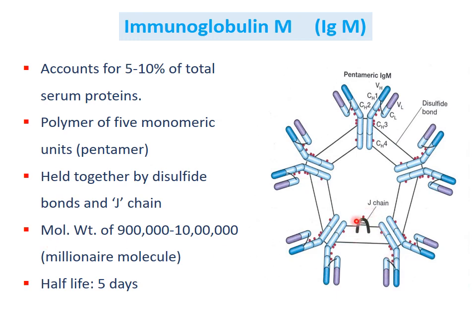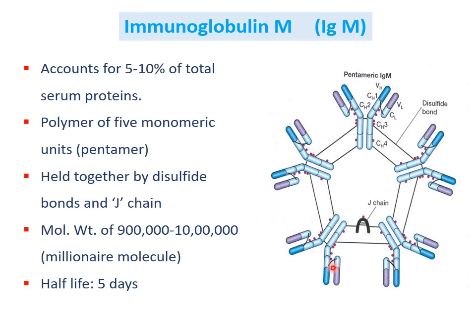Here is the J chain, so they are attached via J chain and via disulfide linkage. Here are the disulfide bonds between the monomers, so intermonomeric disulfide bonds. So via disulfide bonds and via J chain, these monomers are connected to form the pentameric form of the immunoglobulin